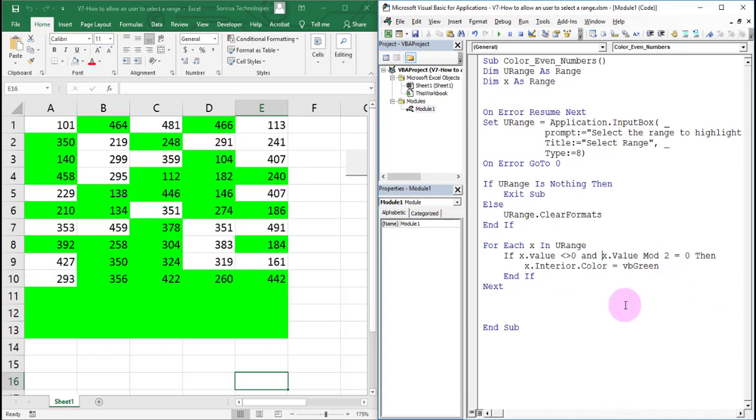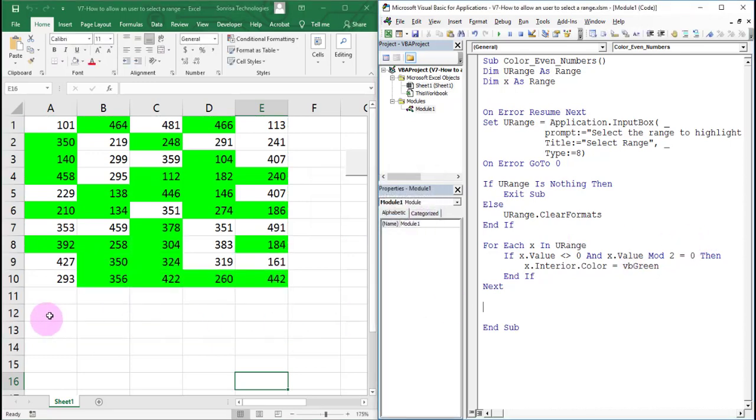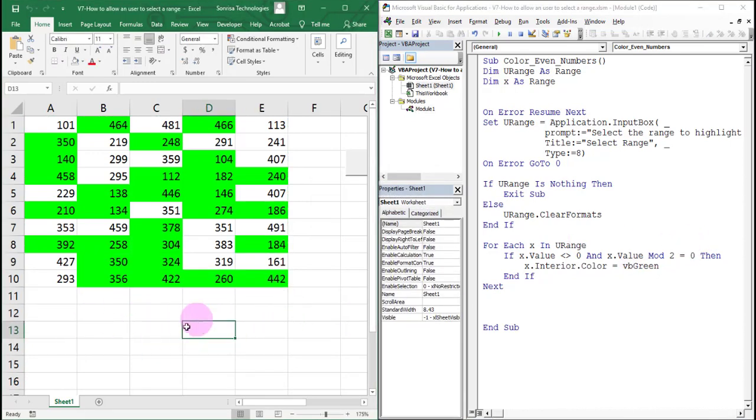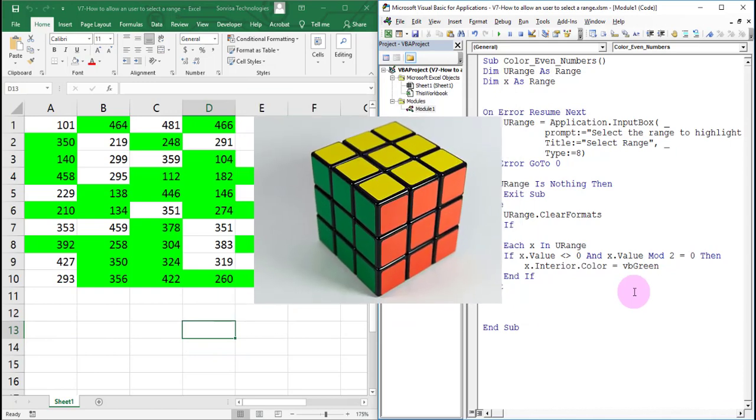This will ignore all the empty cells and cells with odd numbers. Verify this now. You can see that even if the user selects empty cells now, they don't get highlighted. Our problem is solved now.